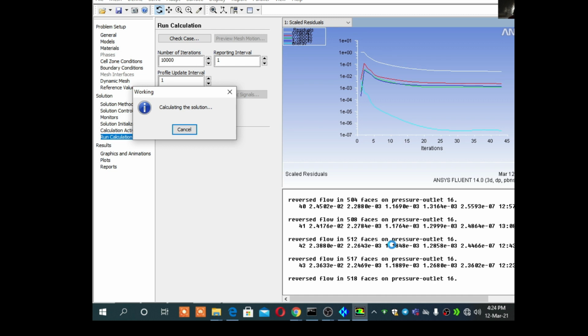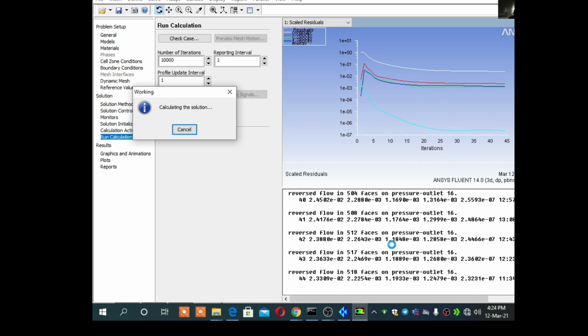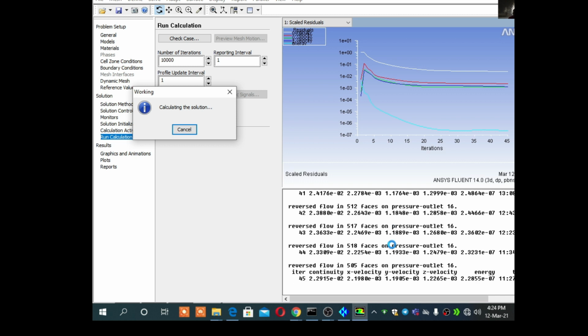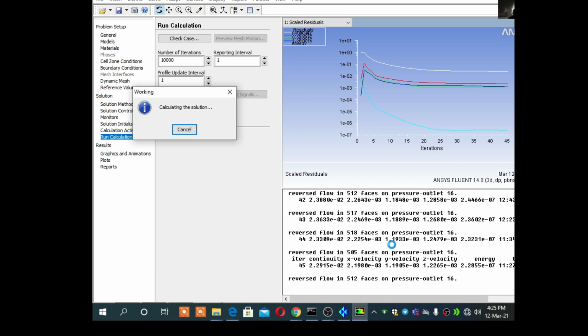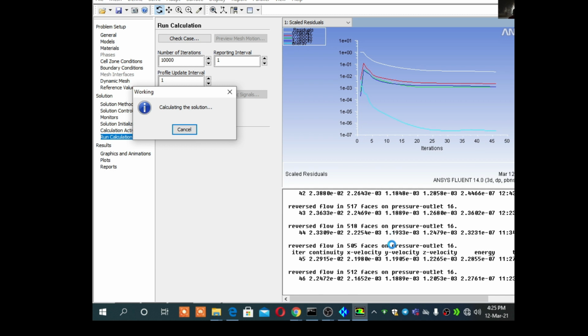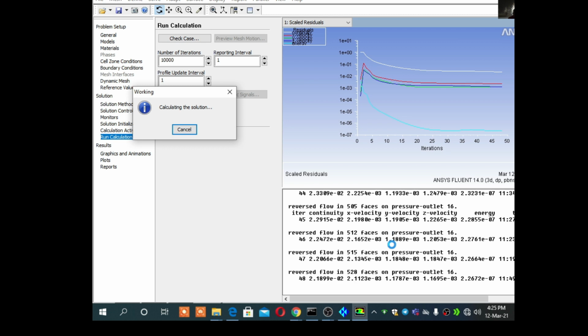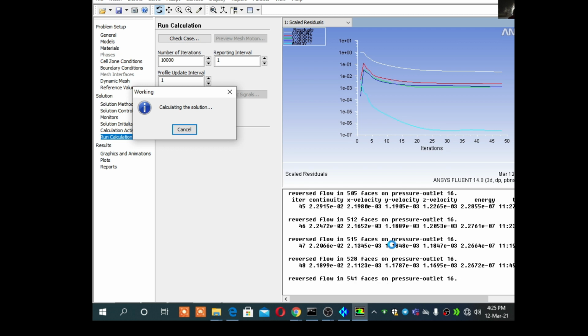So it's the student version I am using. The student version is available for each and every student, so they can follow. If they visit the ANSYS website, there is a provision of student application for a license copy. So students can easily get it from ANSYS. No need to use a pirated copy, so that is harmful.